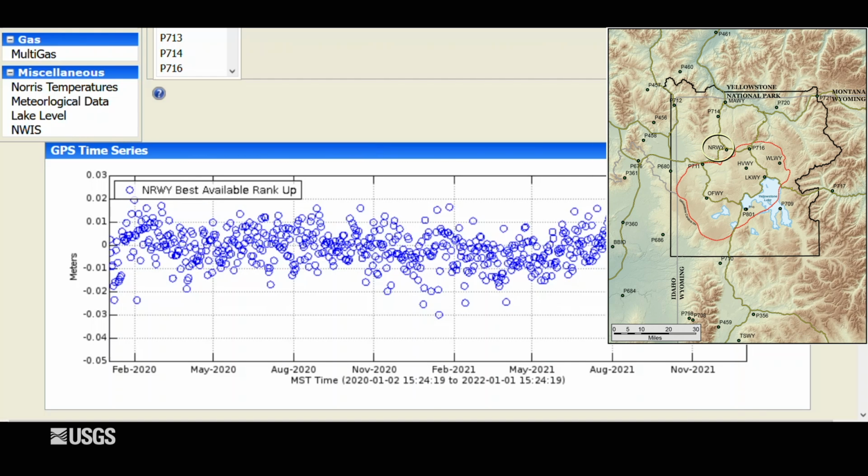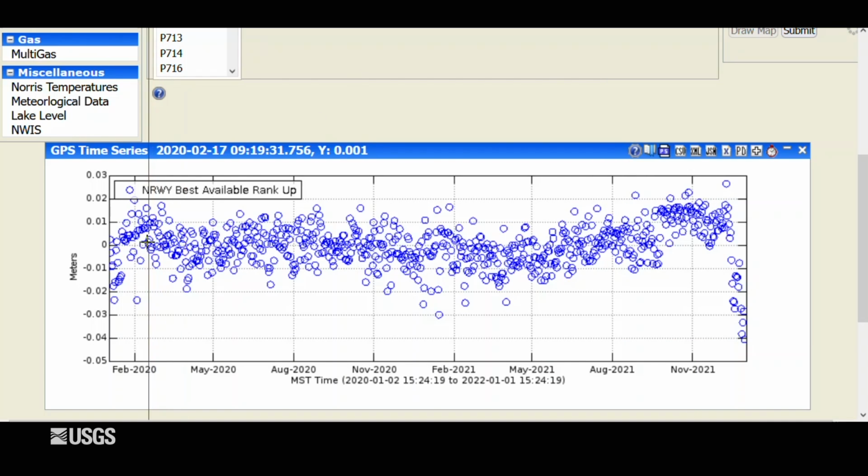And finally, moving to the Norris Geyser Basin, we see the same overall pattern. This is outside the caldera, no real deformation. This bit of apparent uplift here in the summer is related to that same sort of groundwater percolation into the subsurface. And then there's this very big subsidence signal right here starting in mid-December. Again, this is due to all of the storms that have hit the Yellowstone region in the second half of December. So this is an artifact that should go away, pop back up once the storms abate and some of